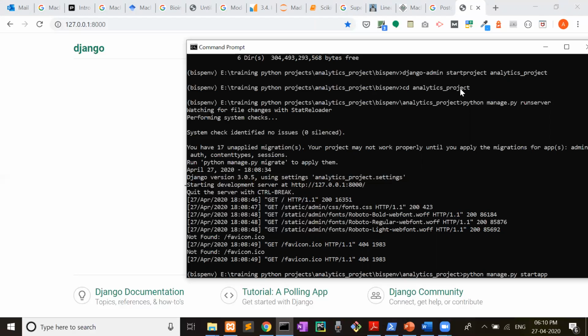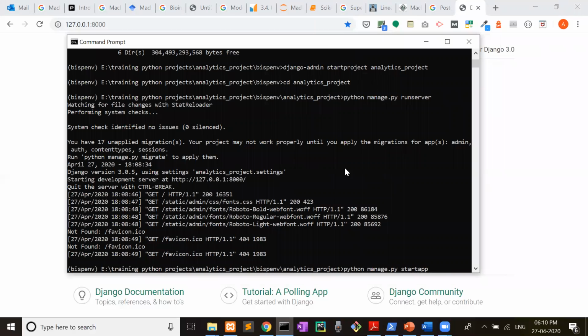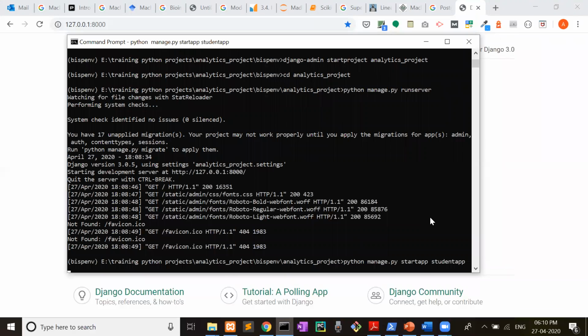Now let's take the app name. I will name it first app, or we can say student admission app, student app. Yes, student app.